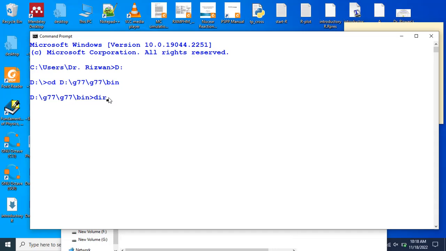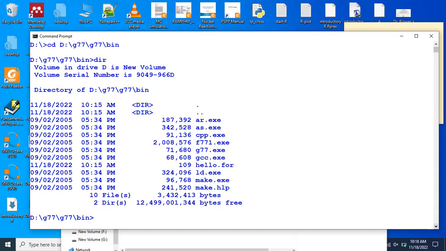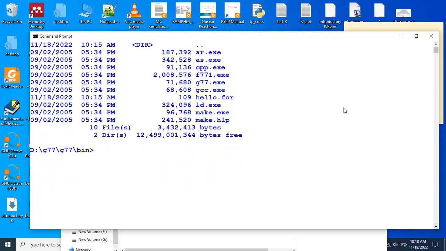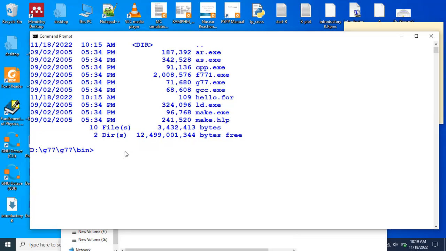So I write here dir. You will be able to see the files present in your folder. We have a file ar.exe, we have g77 file, and our file hello.for. These files are there, right? So from the system interface, we are with the file within the right directory. Now it is time to link the two things. So I write the standard command g77